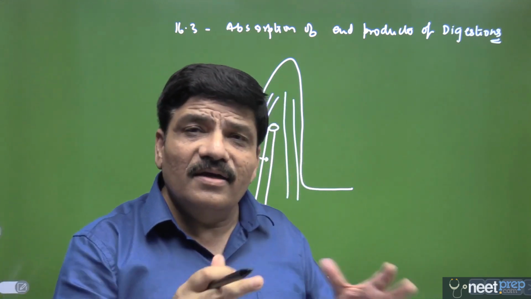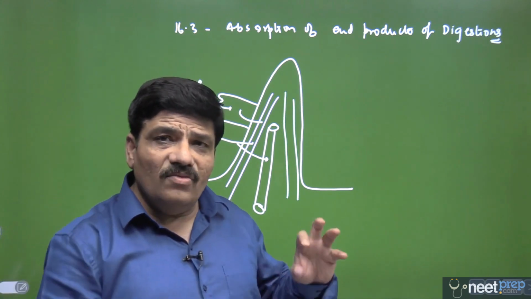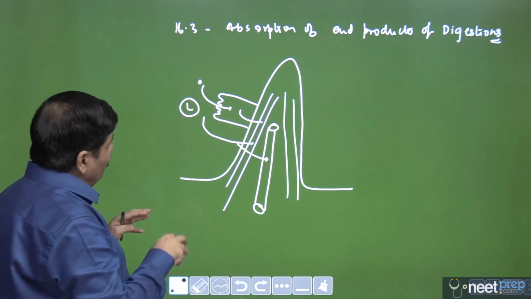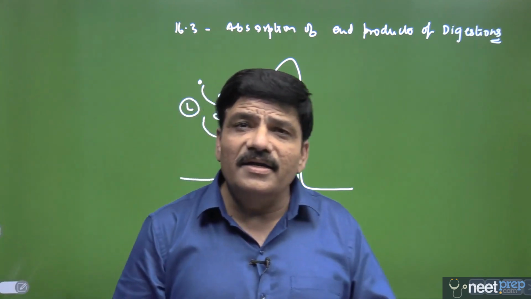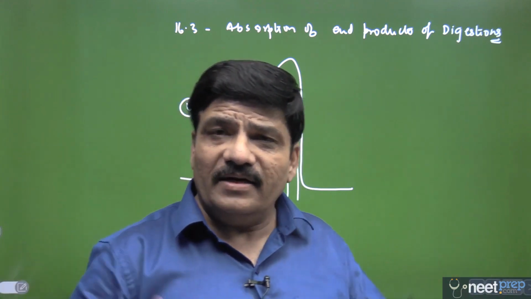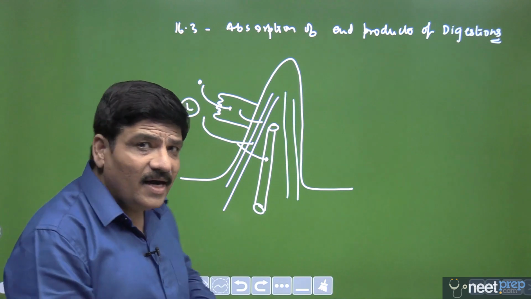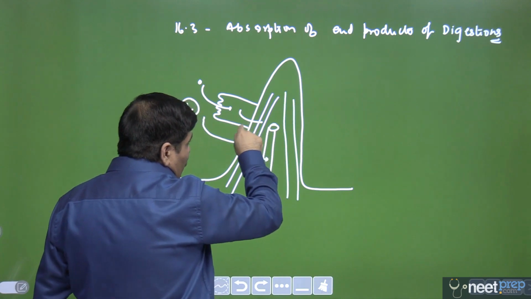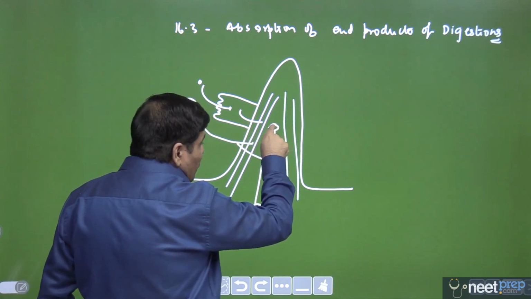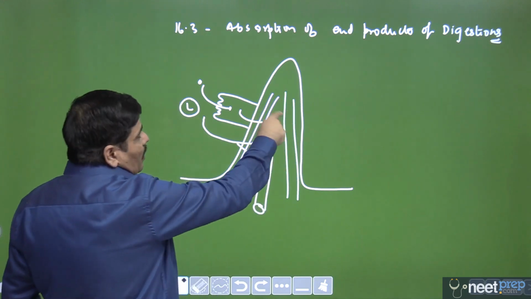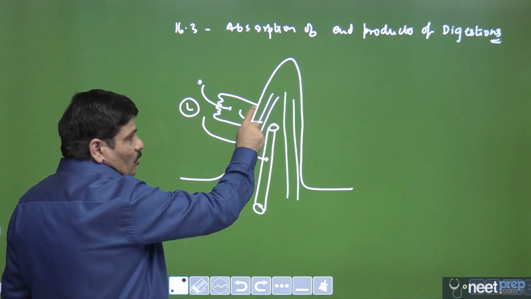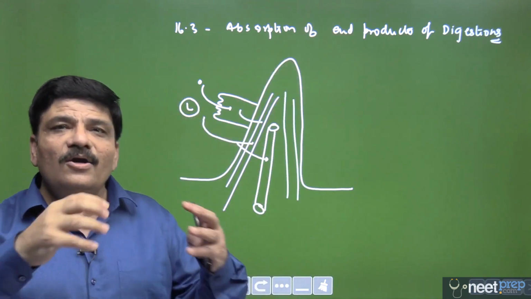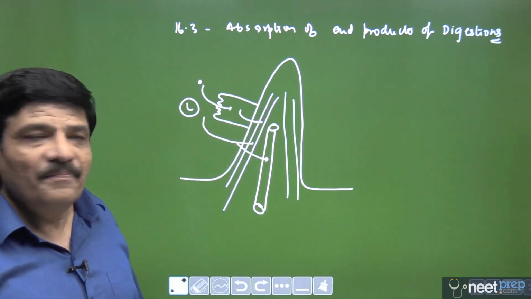And here is where the students actually feel very confused in this section of NCERT, where the absorption is being taught, whether it is active or passive. The older NCERT edition was talking about, for example, glucose, sometimes active, sometimes passive. We must understand that glucose will enter into the cell, then from the cell through the basolateral border will enter into this space, and then be carried out by the blood. If we are talking about glucose, it will be carried by the blood and then transported into the body cells to be assimilated, metabolized, etc.